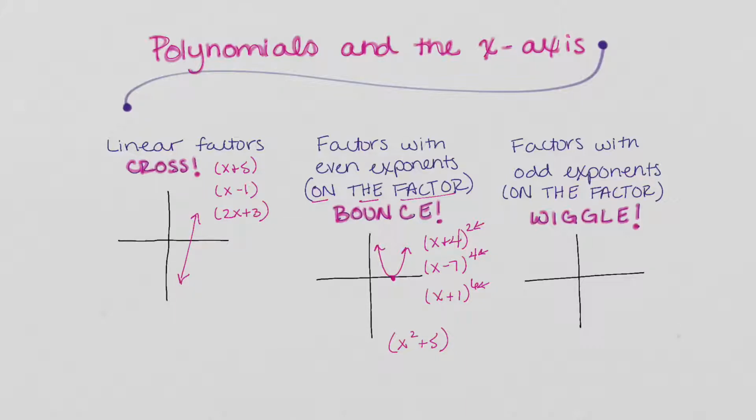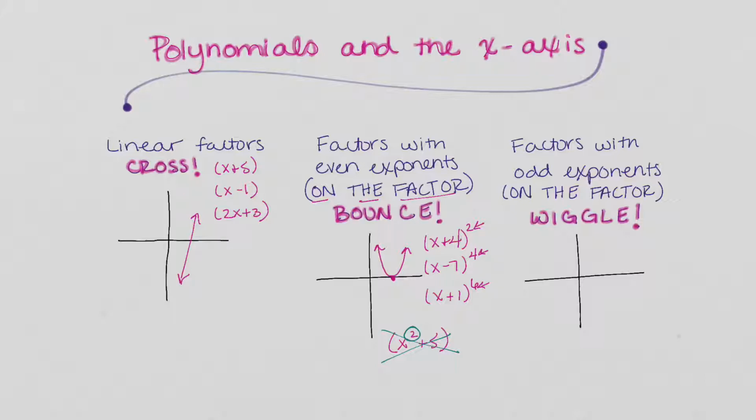That's an x squared with an even exponent. So this is not a place where the bounce, cross, or wiggle rule applies. You can set this factor equal to 0, the x squared plus 5, and solve for x. But you cannot say it bounces because that too is in the wrong place. It should be on the outside of the parentheses if we're going to classify it as a cross, a bounce,